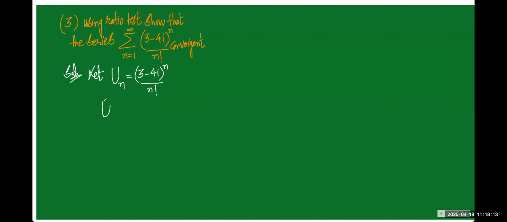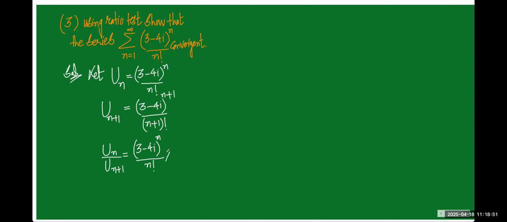So the next step is always to find un plus 1. That is obtained by (3 minus 4i) whole to the power of n plus 1, replacing n by n plus 1 because we are getting the next term, and n factorial becomes n plus 1 factorial. Now the next step is un by un plus 1. After this we have to apply the limit. (3 minus 4i) to the power of n by n factorial, multiplied by the second term, n plus 1 factorial,